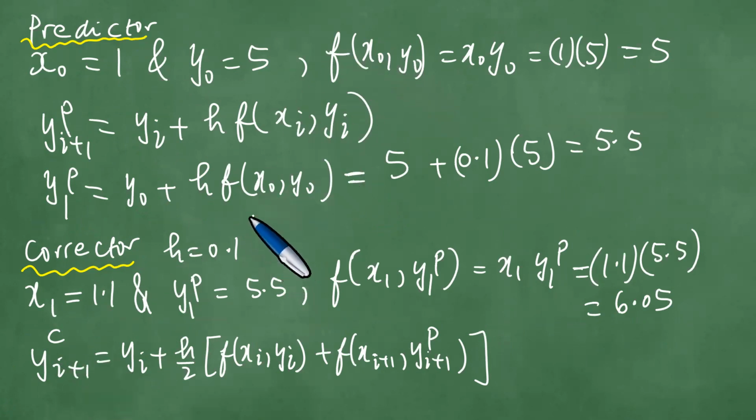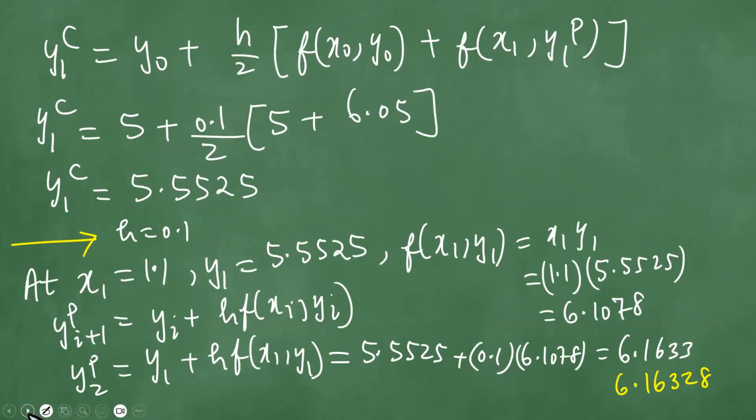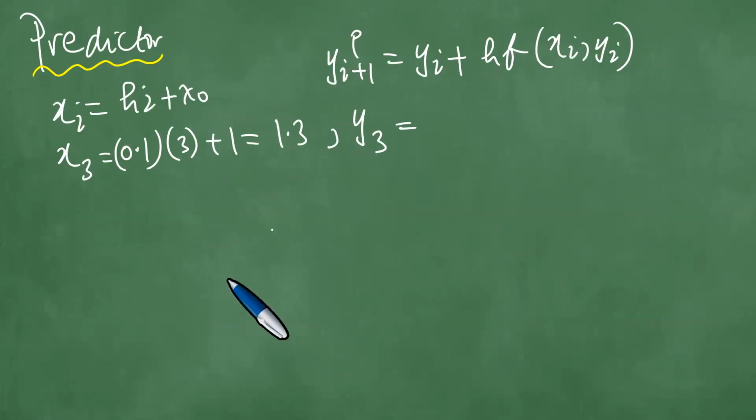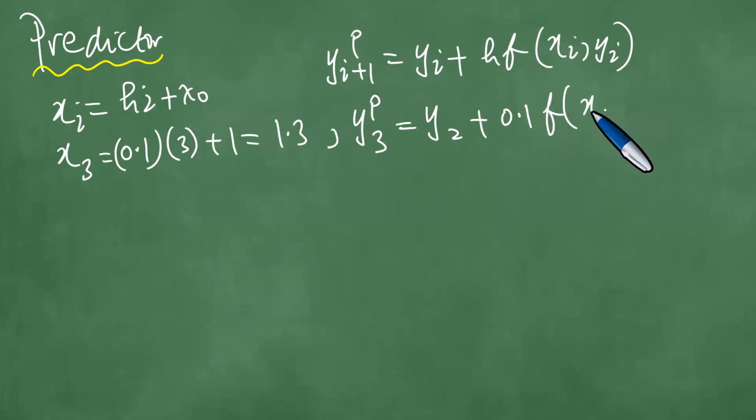One way to see why we're doing all these things is to say, if you have y0, the next thing to get is y1, and you can just write the formula and gather the information you will need to substitute into it. So obviously at this point we need y3. So what is y3? The y3 predictor is y2 plus h, which is 0.1, times f of x